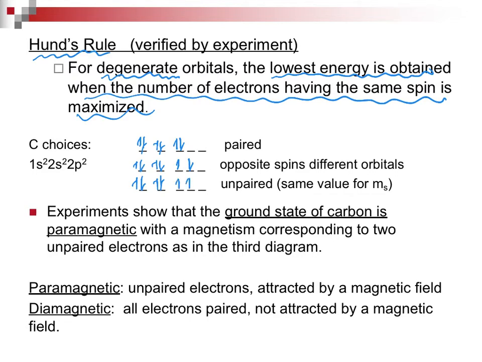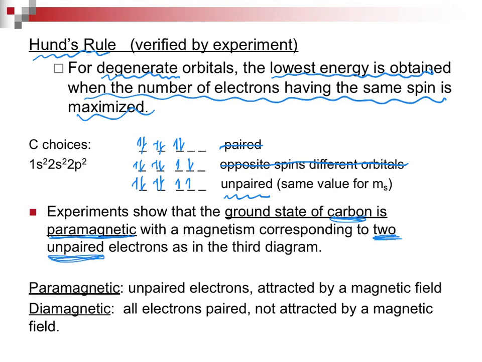Well, as it said, Hund's rule is verified by experiment. This was not verified by experiment. This was not verified by experiment. And what we have is unpaired electrons. We will put electrons in until we fill up the entire set of orbitals, until we start to pair them back up. And when I say experiment, when people looked at carbon, they saw it was paramagnetic, and the magnetism corresponded to two unpaired electrons.